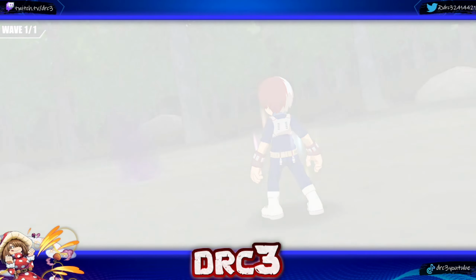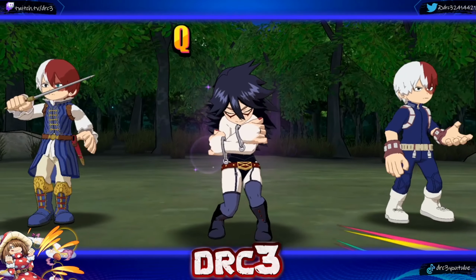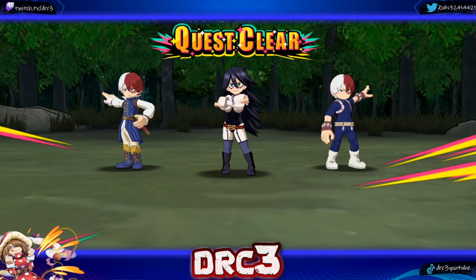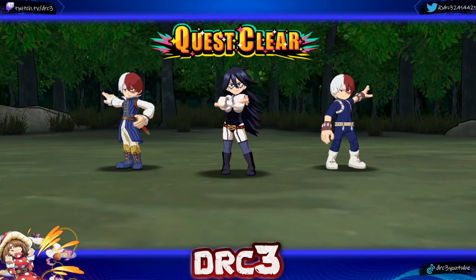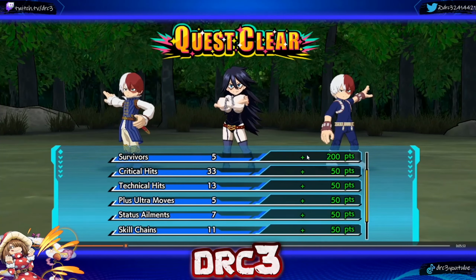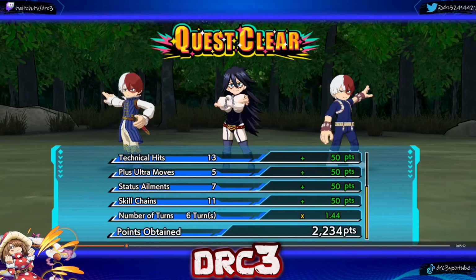So the idea behind this VE tower for every floor is that you are aiming for a 4-turn clear, as you saw right there. Unfortunately, I wasn't able to get it done in 4 turns, but you were able to see the concept. So the goal is you do a plus ultra on turn 1, then you do a plus ultra on turn 2. Turn 3, you do all 3 of your action skills, and then turn 4, you have all 3 of your plus ultras again. So that gives you a plus ultra total of 5,